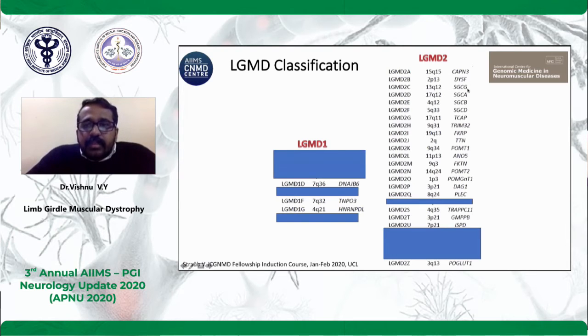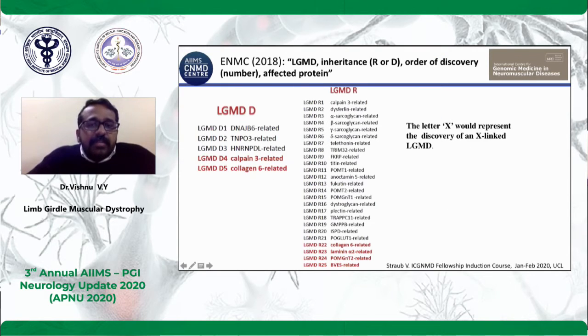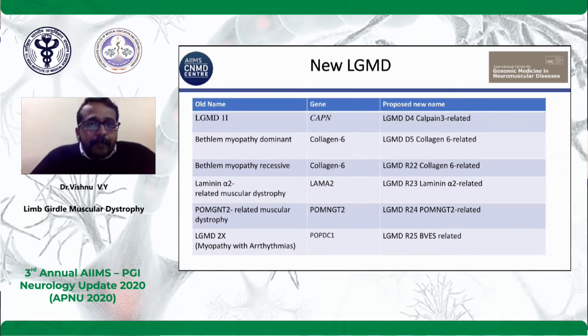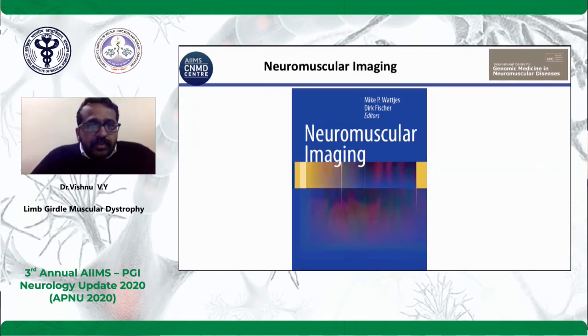In sarcoglycanopathies, if you look at the old classification from 2C to F, the gamma sarcoglycanopathy was the first one found out. That's why 2C became gamma. The nomenclature is usually alpha, beta, gamma, delta, but here it started with gamma, then alpha, beta, delta. So there was some discrepancy at that point, and this time they corrected it. They started R3 with alpha, R4 beta. Now it is in the correct form: alpha, beta, gamma, delta. So for the recessive ones, you do not assume that 2C was the initial one. The gamma sarcoglycanopathy is now R5, it's not R3. That's a slight change; just know it. These are the new LGMDs which I told you.